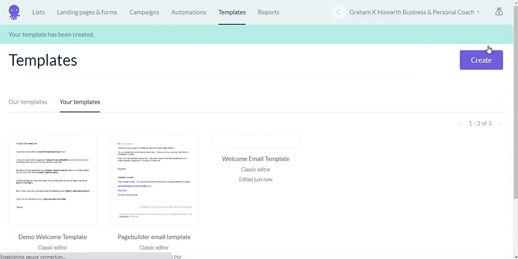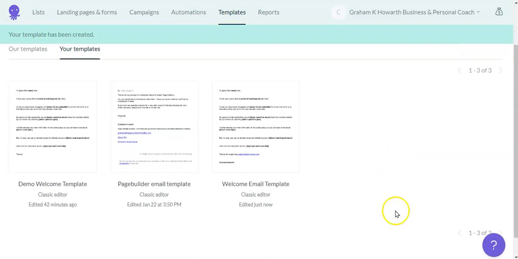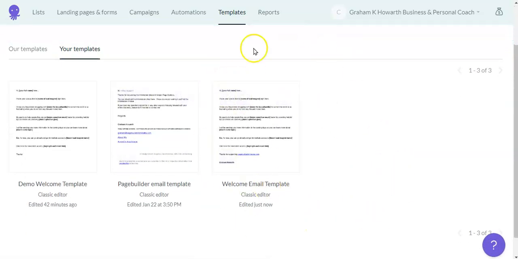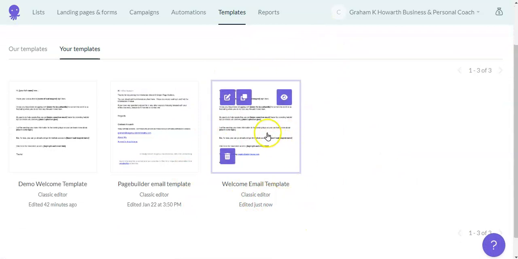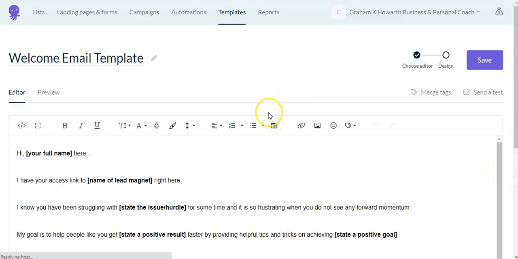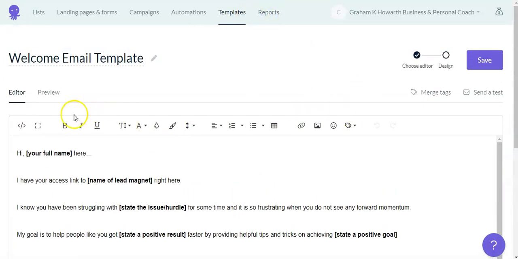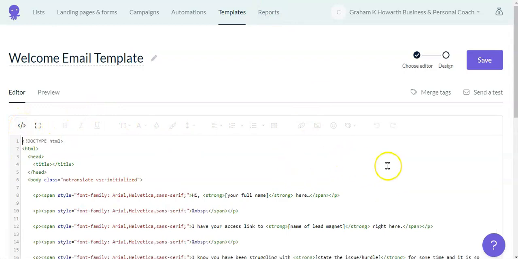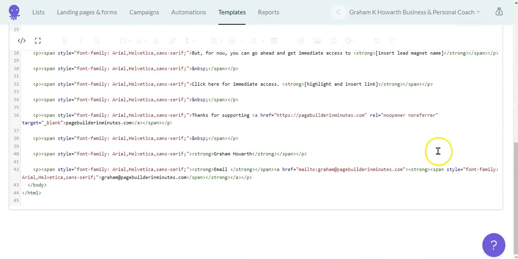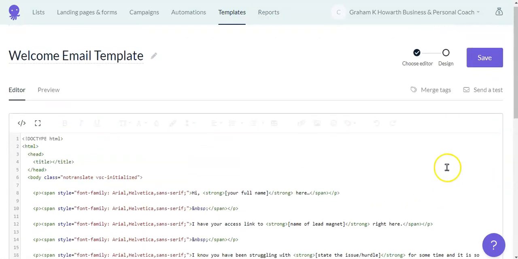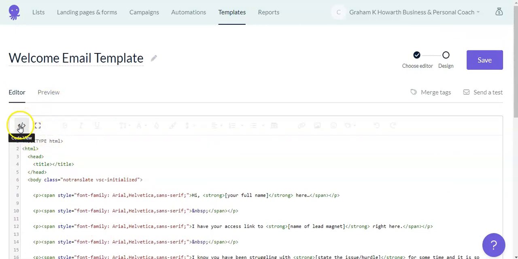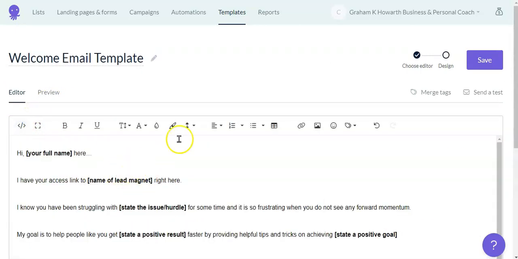that will take us out of this screen now and back to our list of email templates that we've got. So there is now our welcome email template that we've just created. We just go back in there and just have a look. There we go, it's all there. You can also look at the code for that. If you're into HTML code, you can look at the code and you could make changes there, I guess, if you wanted to. But we're just keeping it simple. We'll just use the standard text editor.